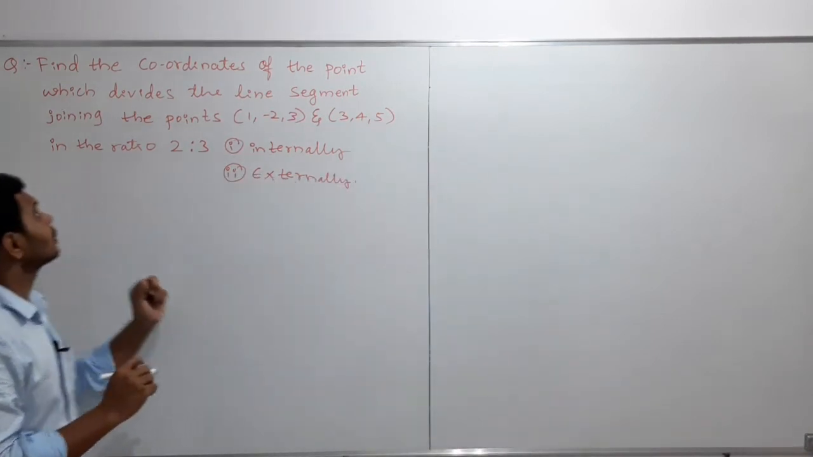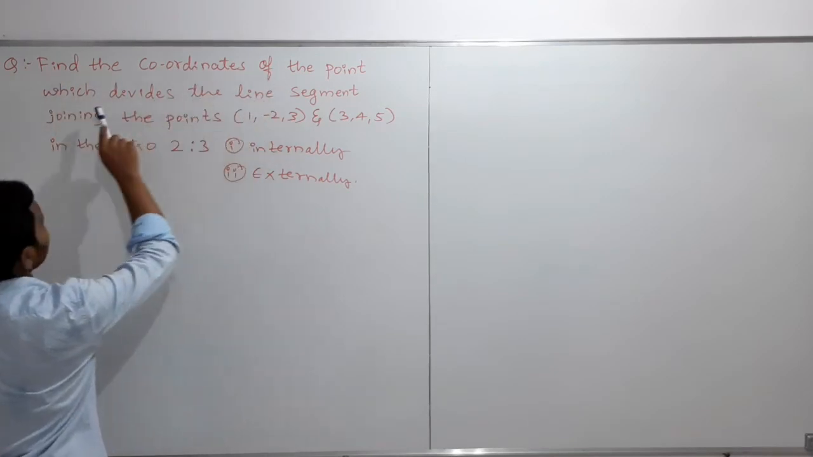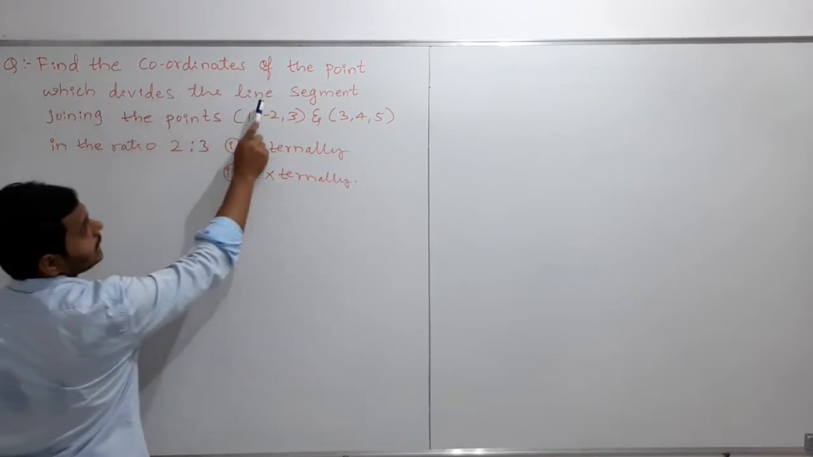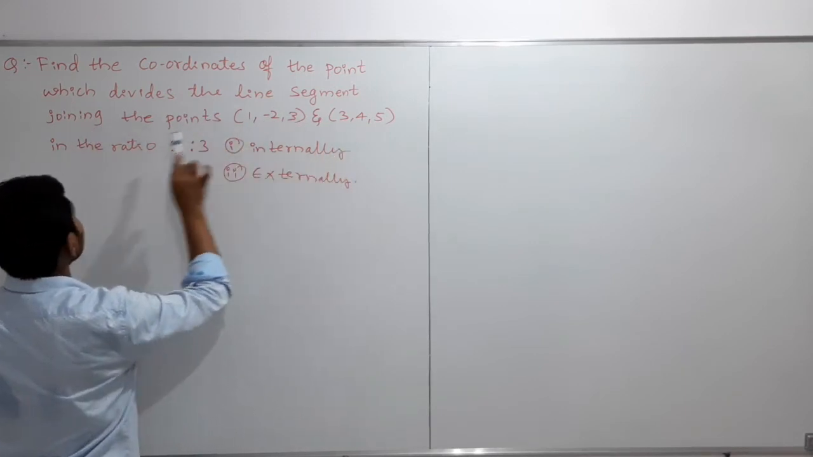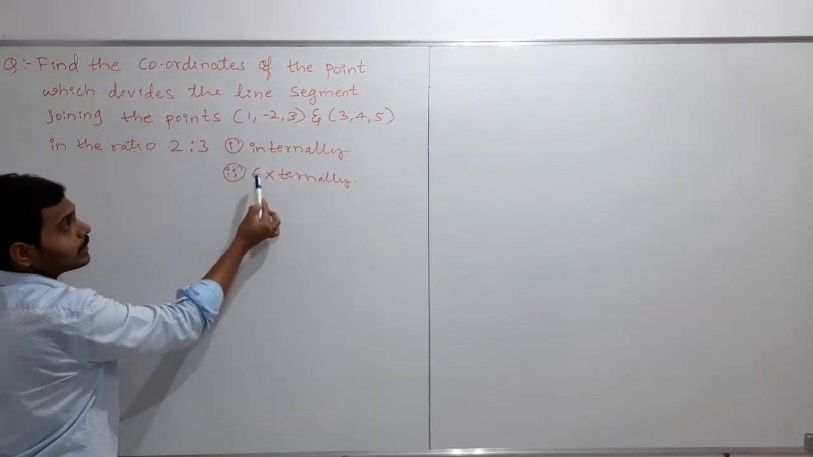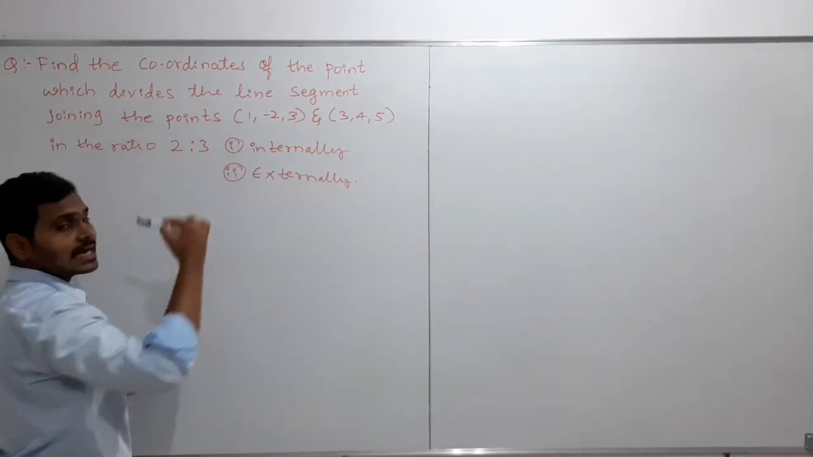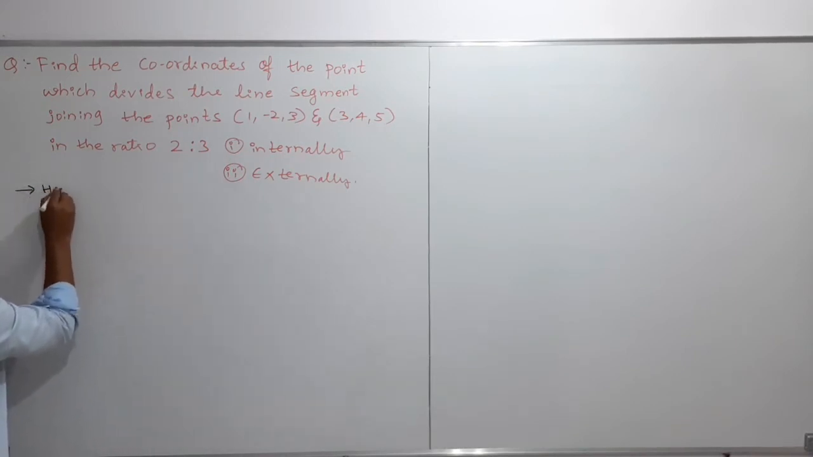I'll read the question. Find the coordinates of the point which divides the line segment joining the two given points in the ratio 2:3. They told you to calculate both internally as well as externally. So here, my dear students, consider